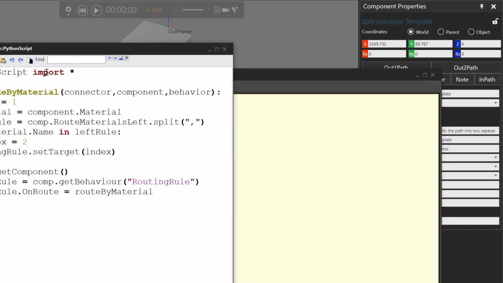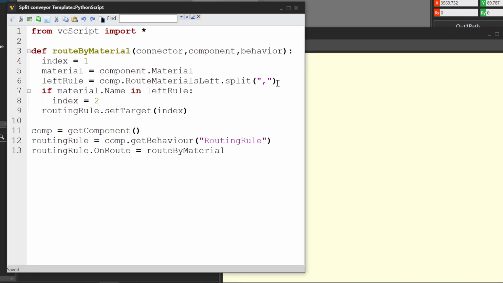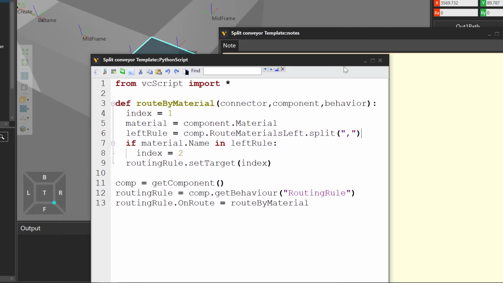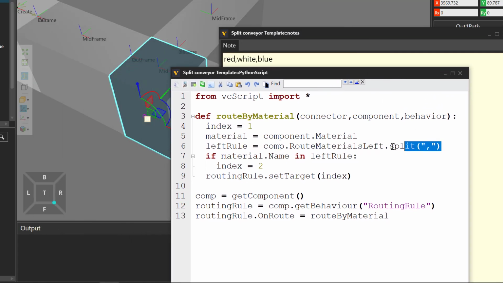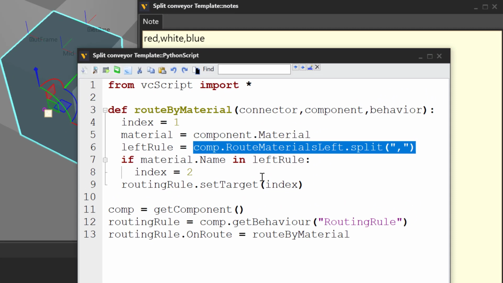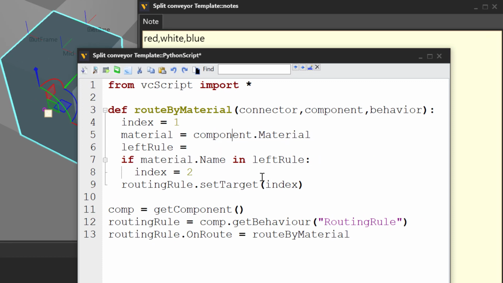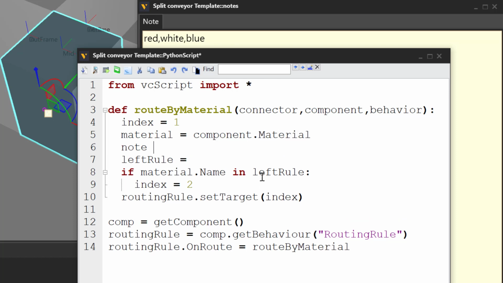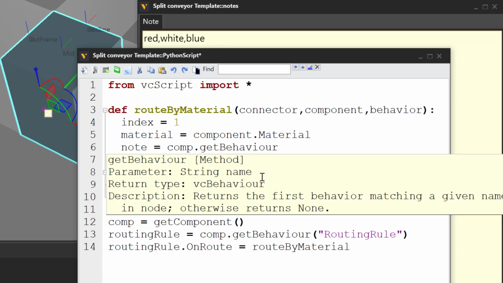And instead of checking the component property, let's get the note behavior. So left rule, what we'll do is we'll first get the note. So it's a behavior, use the component object to get the behavior by name. It has the default name right now of note.